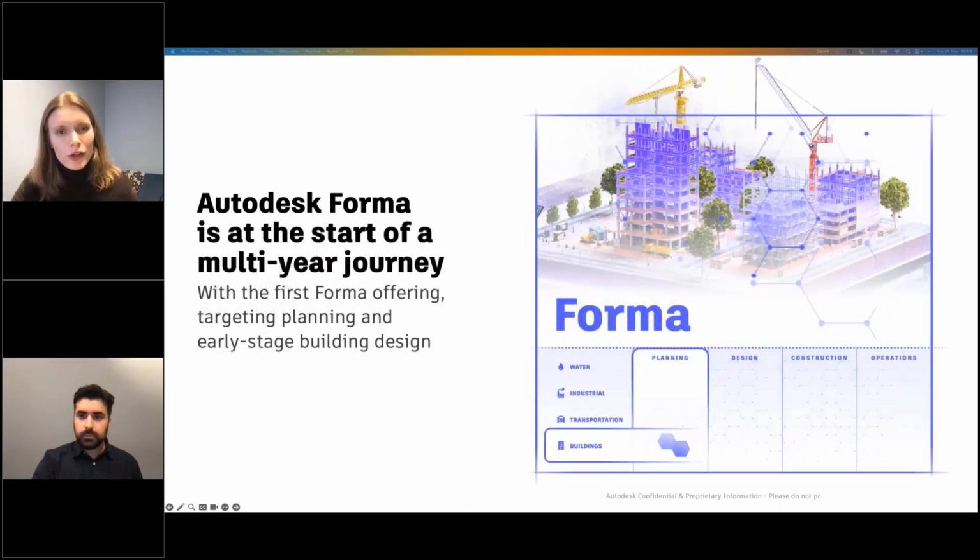And the goal of this longer-term vision is to expand the capabilities of Forma to also include several other verticals, such as water, transport, and industry, in addition to later project phases, which the illustration here tries to show. But now, as I said, the Forma in-market offering that you have access to via your AEC collections, and which is the focus of the webinar today, is situated here in the left-hand corner with planning of buildings, and especially